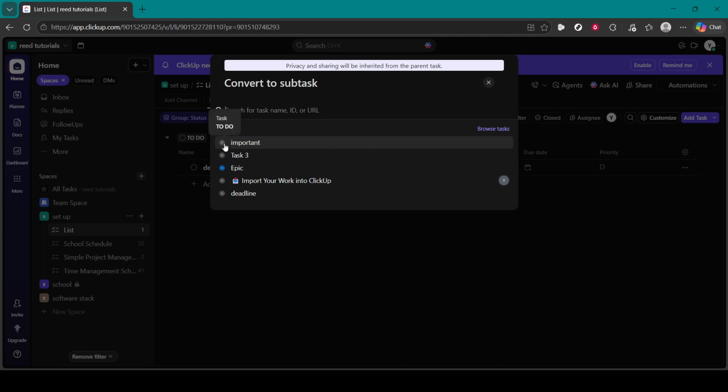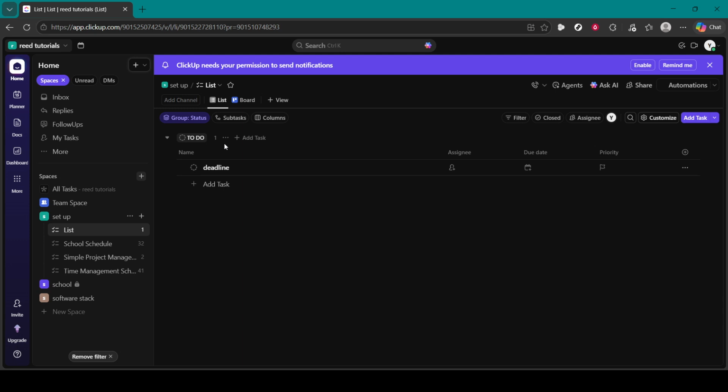Most of its details, like the description, attachments, comments, and assignees, typically carry over. The status and some custom fields may adjust to match the destination location's settings, which is normal. If you have automations or dependencies in place, give those a quick glance afterward to ensure everything still lines up